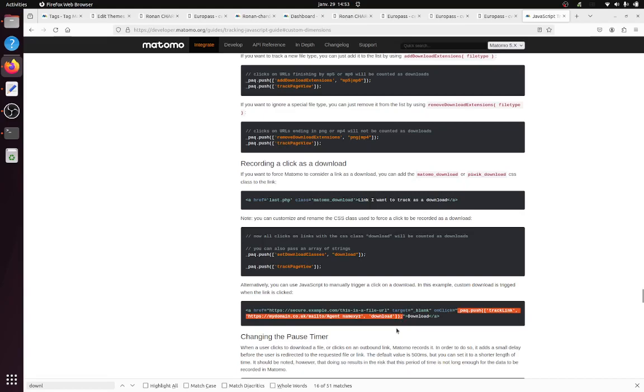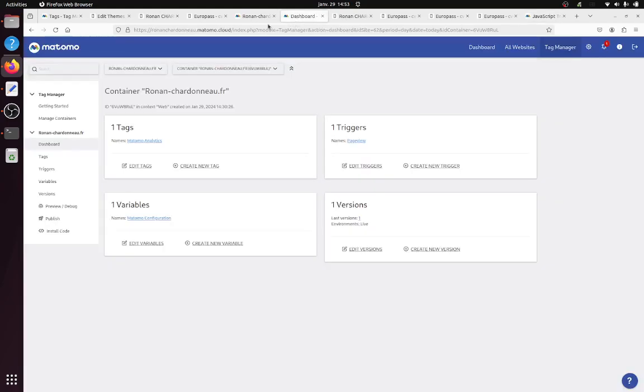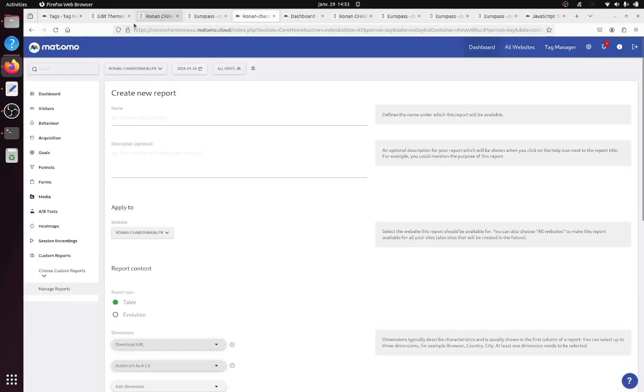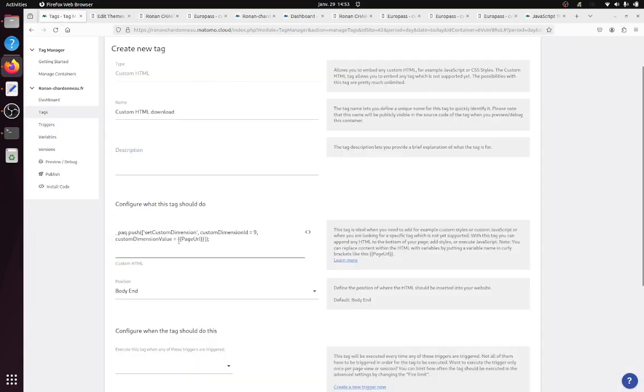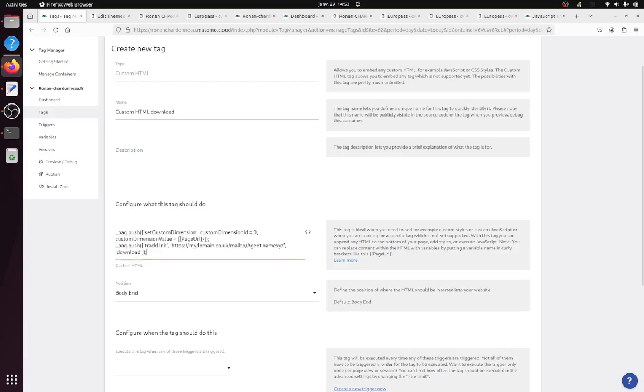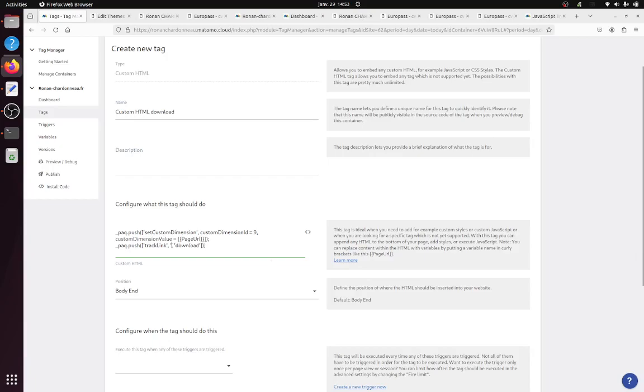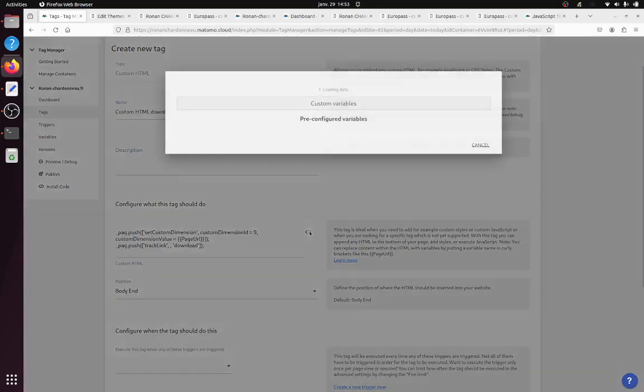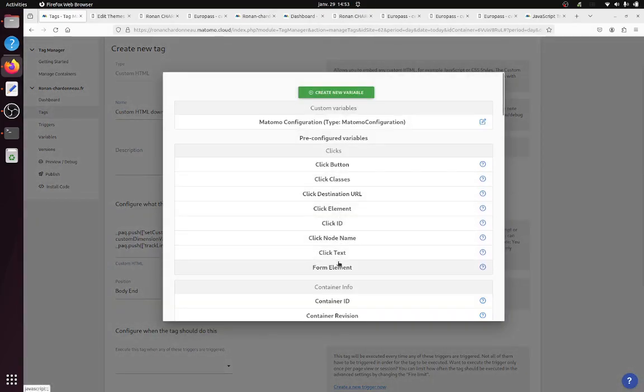So I can just go over here, copy it like this, and then I go over here. The custom dimension needs to be fired before. And then here, that's going to be the name of my download. So that's going to be the click on which someone just clicked on it. So I go over here and click